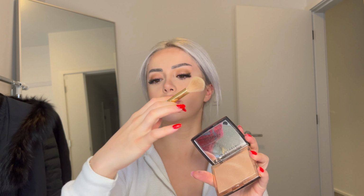And then going in with this fluffy brush right here, just contouring the nose. Just do it on both sides here, just to slim it a little bit. And then for highlighter, I'll go in with the Anastasia Beverly Hills Amrezy highlighter. And then I'll just take this brush right here, which is called a